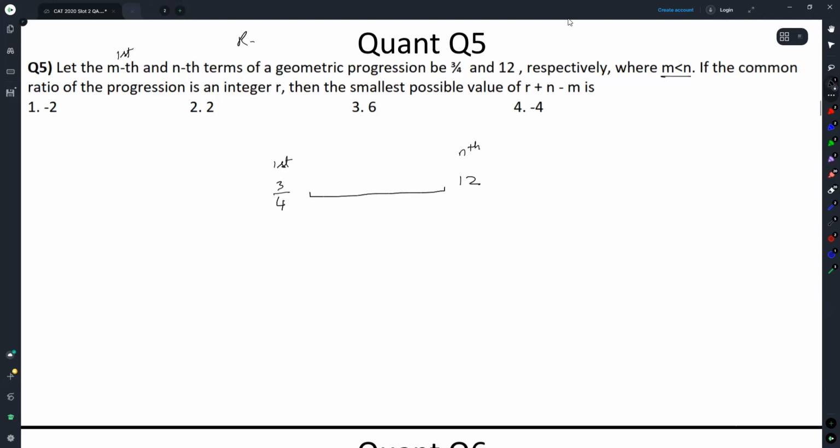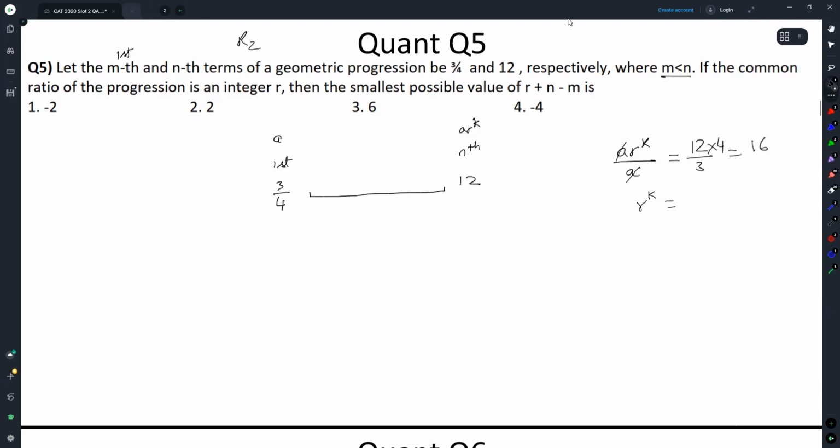This is definitely a round 2 question for me. Not doing it in round 1. Too many things to be worried about. Okay. So if this is the first term, the expression here is a. Here the expression will be a r raised to the power k. I'm using k because n has been used here. So a r raised to the power k by a is equal to 12 by 3 into 4, or equal to 16.